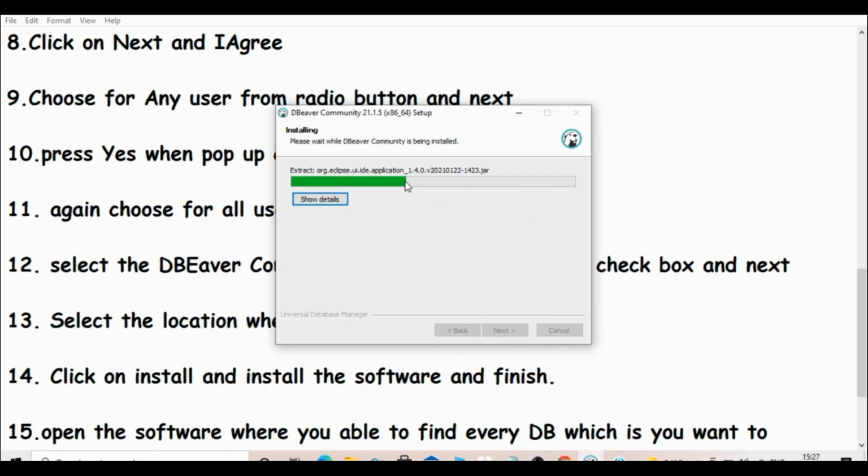The installation continues. Wait for one or two minutes; it's extracting everything.